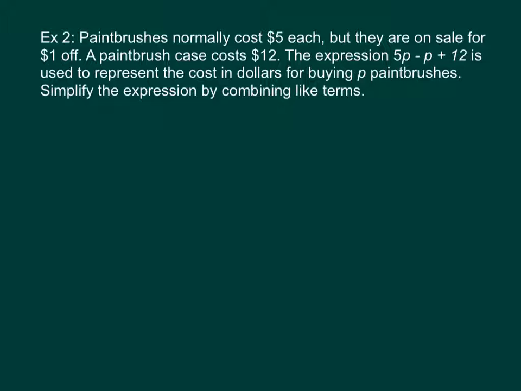The expression, here we have 5p, which is how much it started at, minus p, because they're $1 off, plus 12 for the case, is used to represent the cost in dollars for buying the paintbrushes plus the case. We're going to simplify the expression by combining like terms. So here again I have 5p minus p plus 12. How can I simplify this? Which terms are